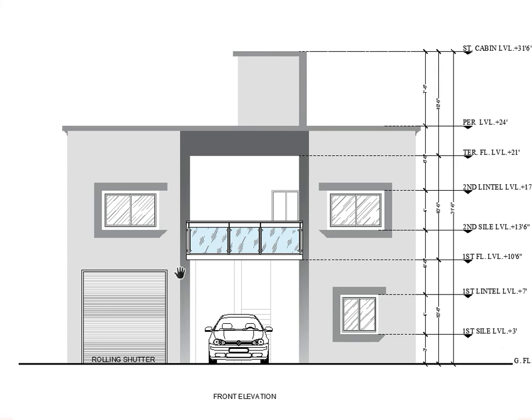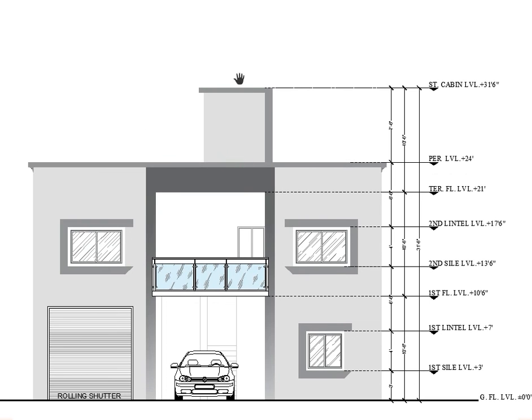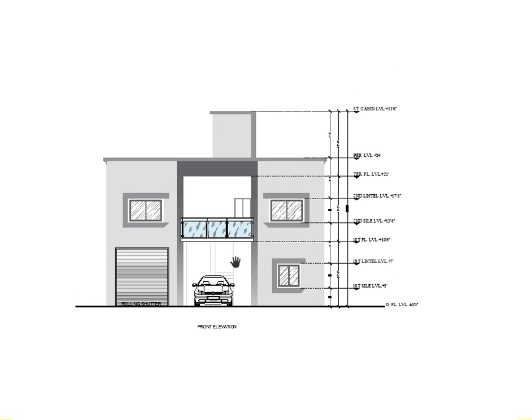We designed it in an iconic way. As you can see, here is the darker portion, and this one is the lighter portion, because this area will be embossed towards the front direction, which is 9 inch, and this one is 0. So this is the overall slanting portion. These are the windows, we are treating them like that. And this one is the staircase cabin. So we are done here.